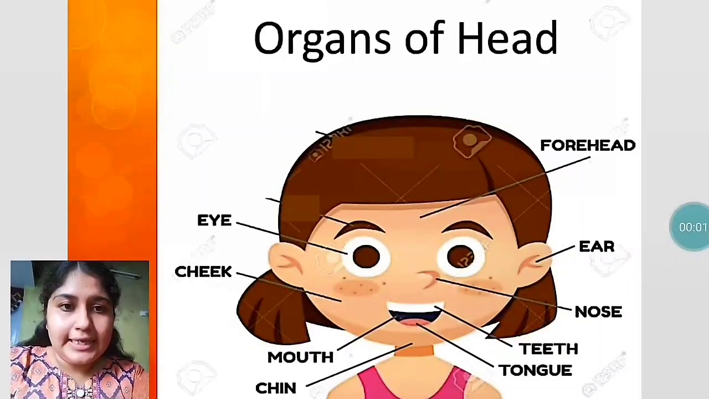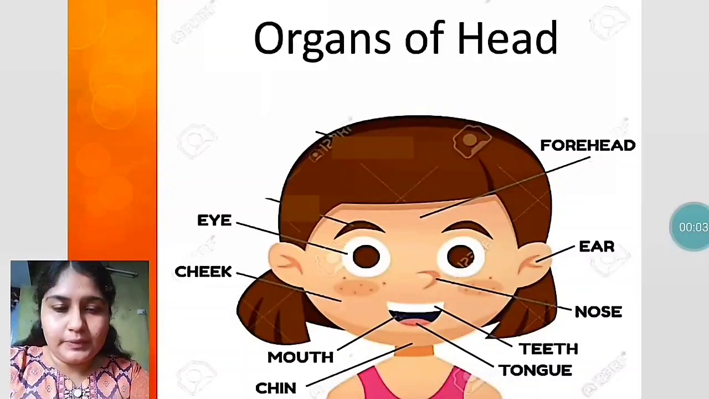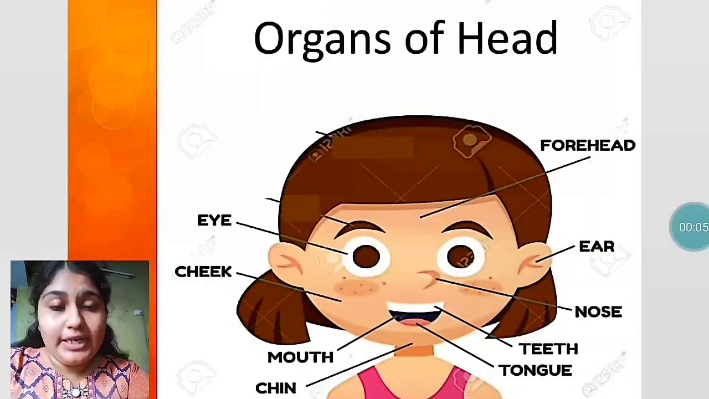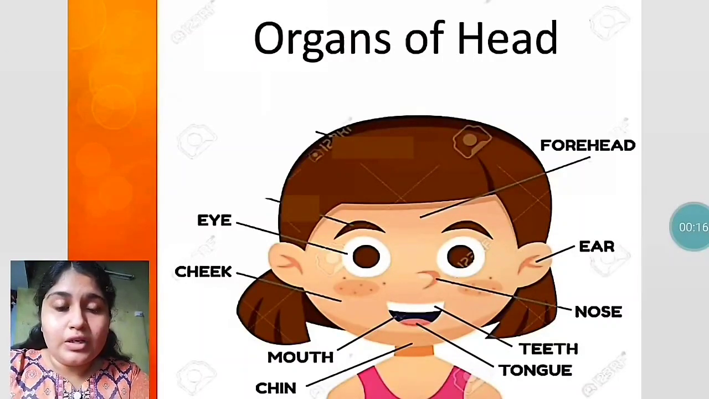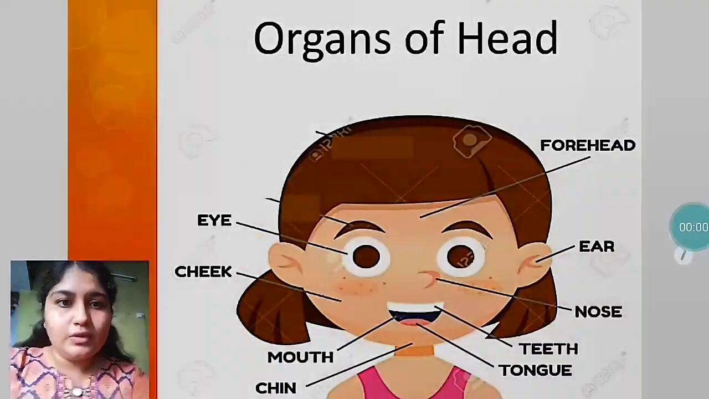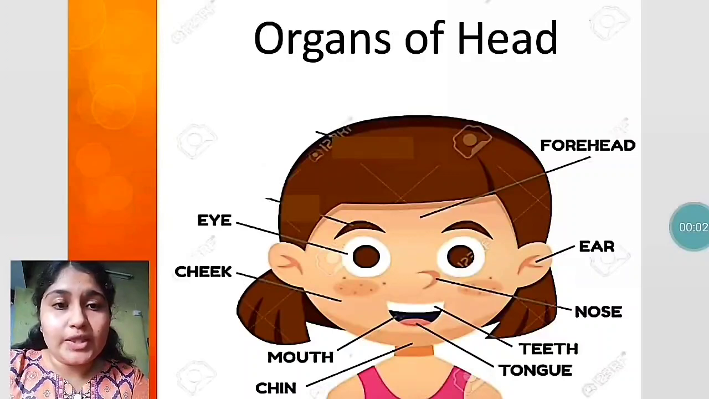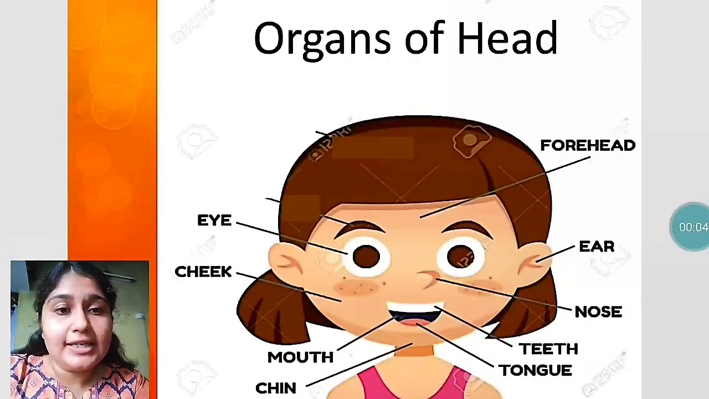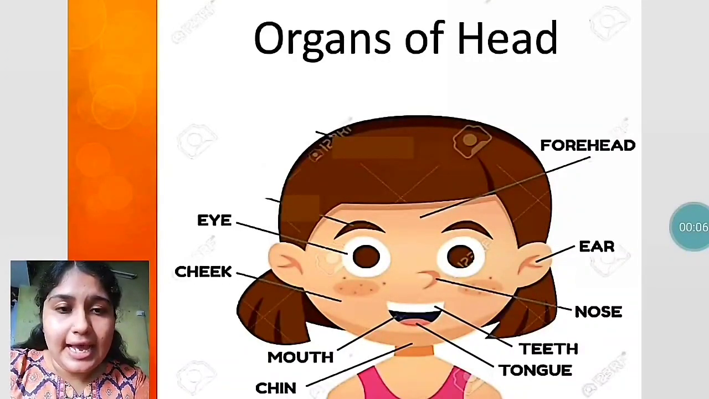So students, let us recall the chapter. Our body has many different parts, and each different part has different functions. These different parts together work like a machine. So it starts with the head. Our head has two parts, skull and the face. The face has